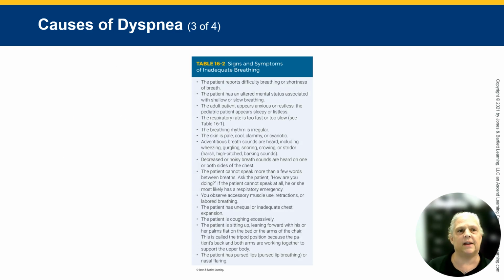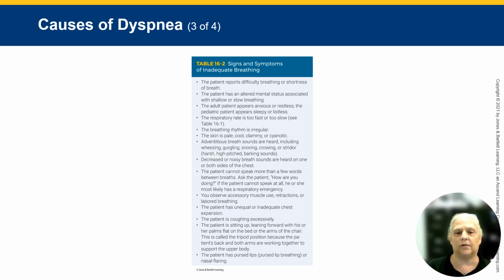So what are some of the signs and symptoms? Patient is telling you that they're having shortness of breath or difficulty breathing. They have an altered mental status associated with shallow breathing or slow breathing. If the adult patient appears anxious or restless, or the pediatric patient appears sleepy or listless, you're having a hard time keeping them awake. If they're breathing too fast or too slow, if they're breathing irregularly, if their skin is